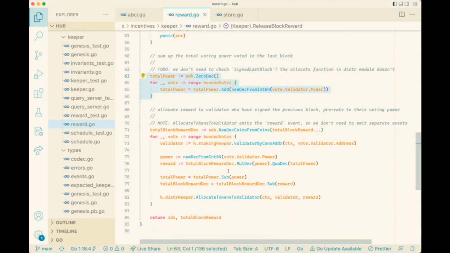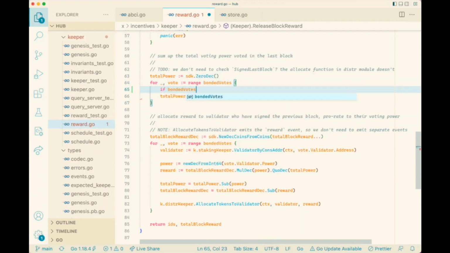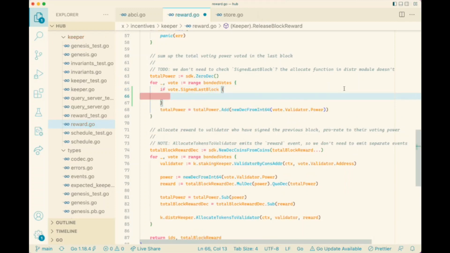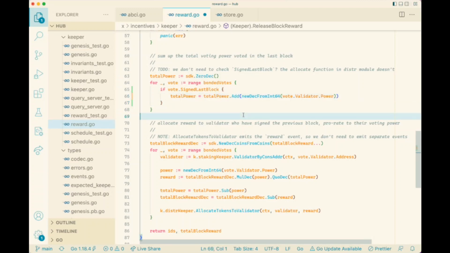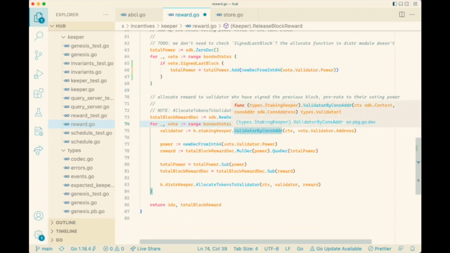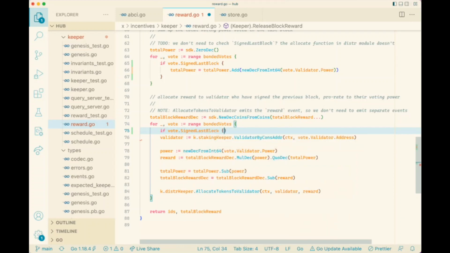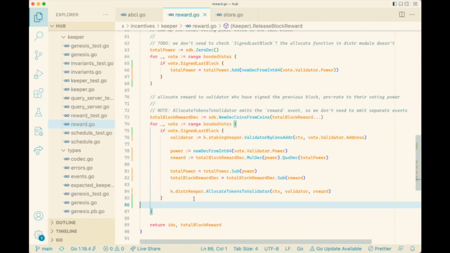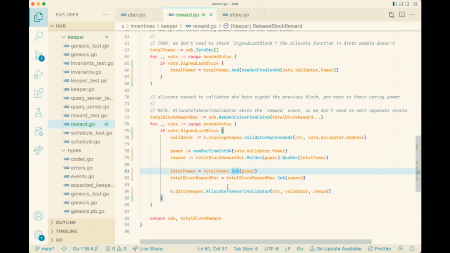I will change this after the session. No, I'll change this now. So if bonded votes, well, no, if vote signed last block, I'll do this. If vote signed last block, I'll do this. So